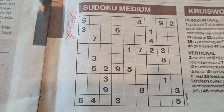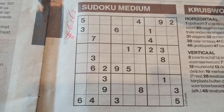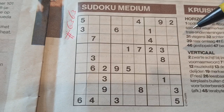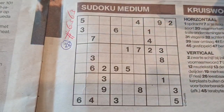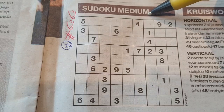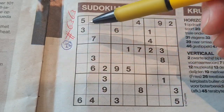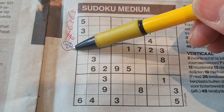Before I start, I always count the printed digits. Well, the Medium Sudoku has always 26. This one has 28 printed digits. So I don't know if this is really a Medium Sudoku, but the easiest one has always 27 with the